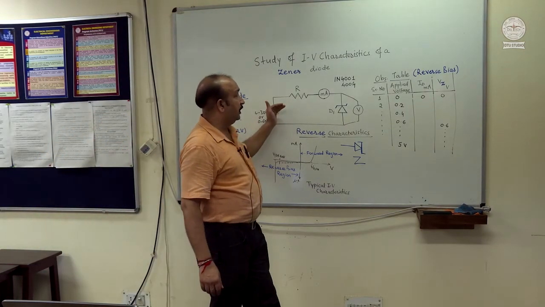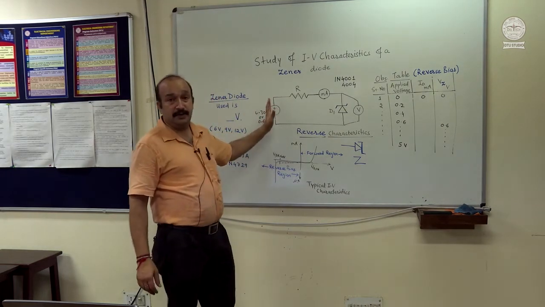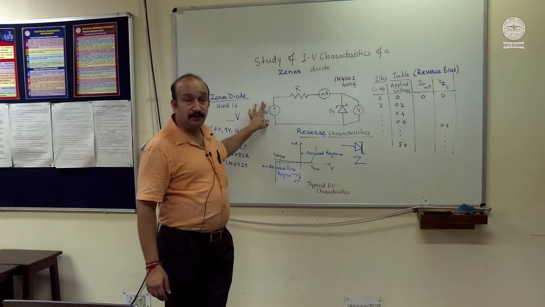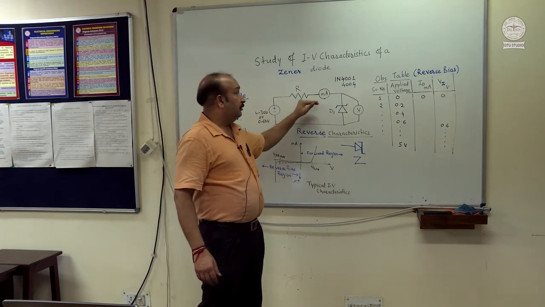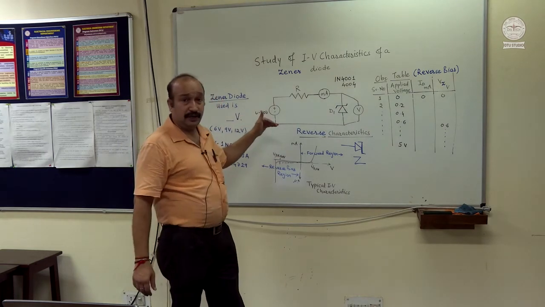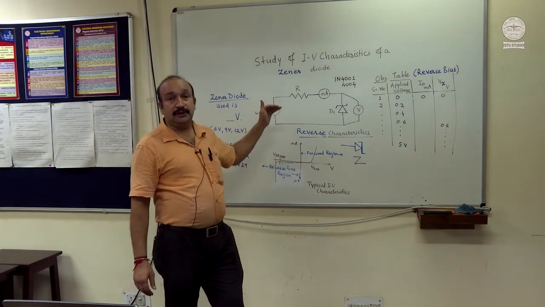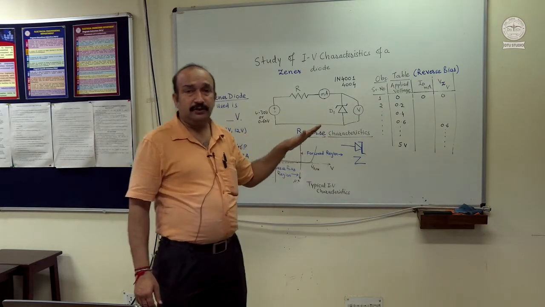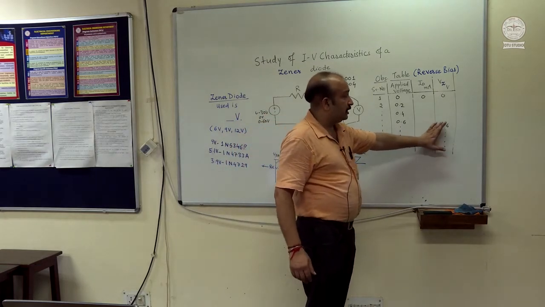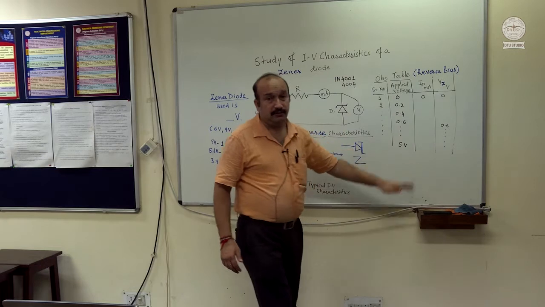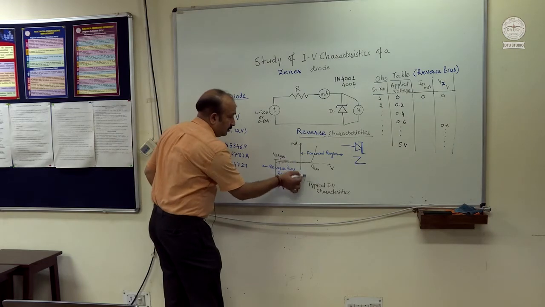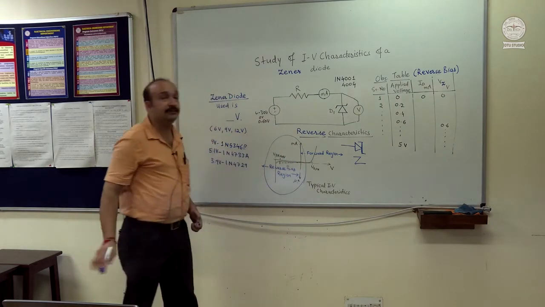The rest of the procedure for studying the Zener characteristics is the same as the reverse bias of the PN junction diode. We just go on increasing the applied voltage in steps, and note down the current and the voltage. We can see the part number on the diode, and as per that we can download the data sheet, and from the data sheet we can check the breakdown voltage for that Zener, and accordingly we can see that once that Zener voltage is reached, it remains constant and the current goes on increasing. We have to just study the reverse characteristics. So, our focus will be on this part.